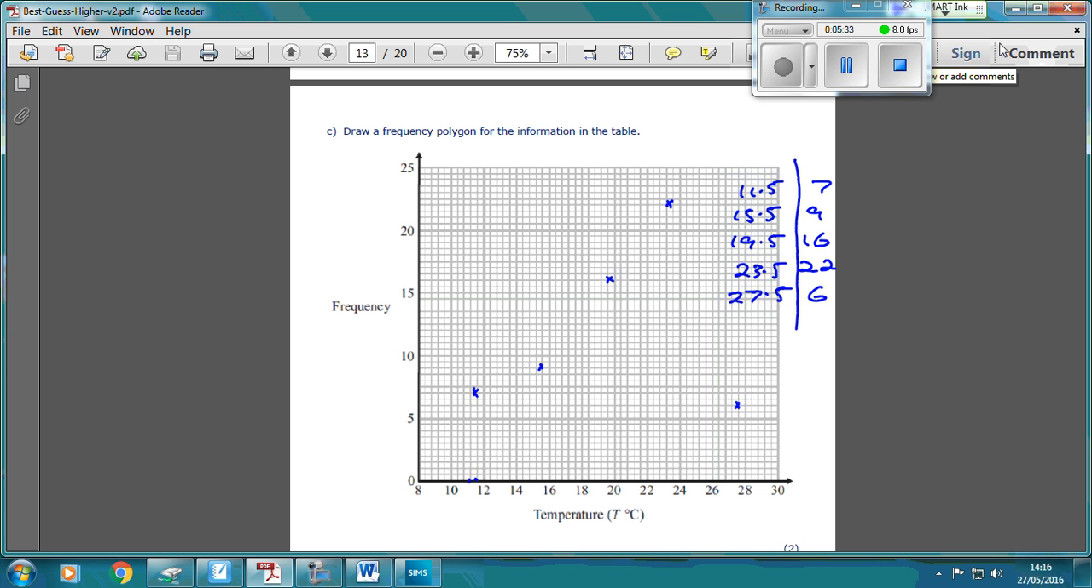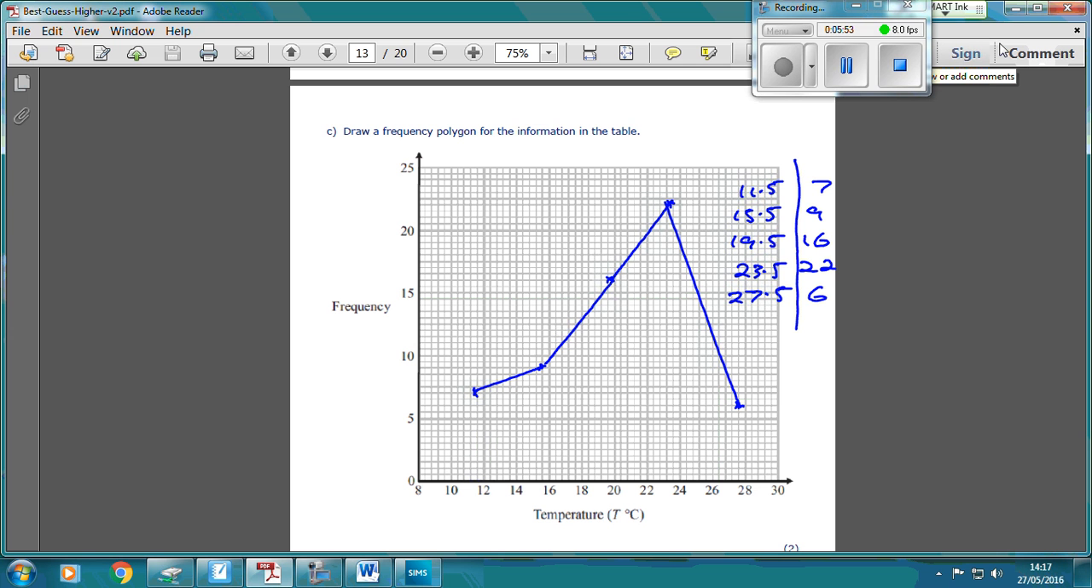Frequency polygons are very, very easy, as long as we just do the dot to dot like this. There, there, there, and there. Very easy marks, but so many people don't get them because they just don't remember what a frequency polygon is,